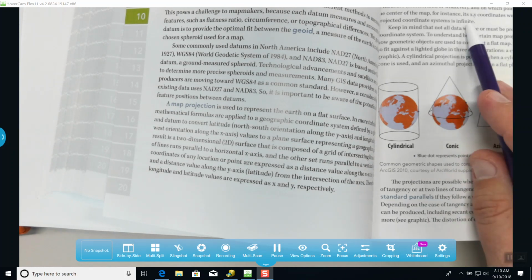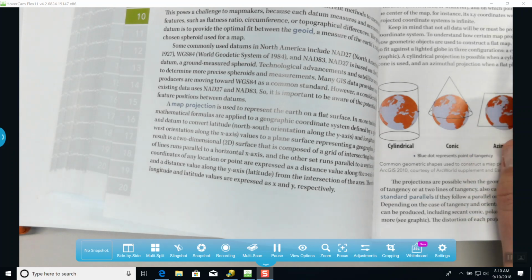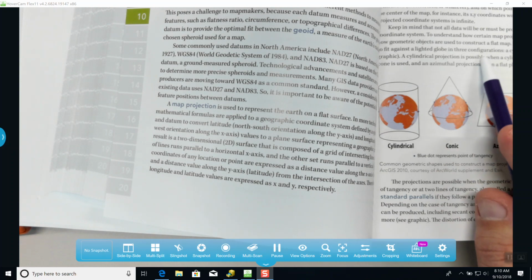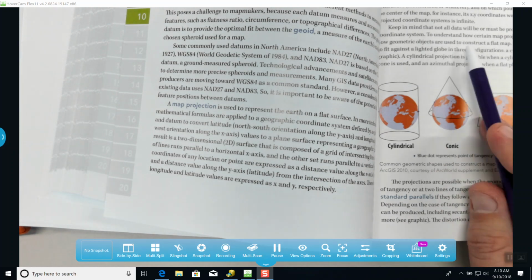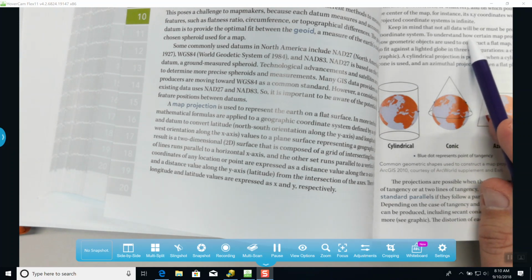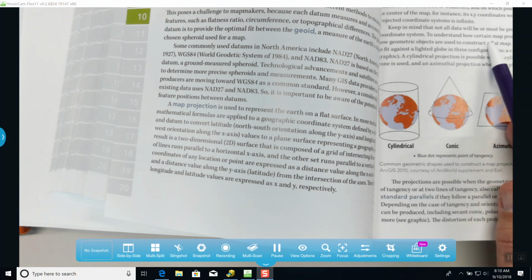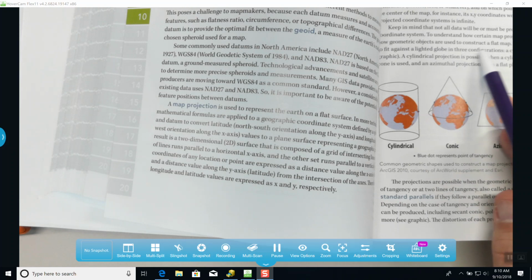If Cairo is made the center of the map, for example, its XY coordinates would be 0, 0. Thus, the number of possible projected coordinate systems is infinite. Keep in mind that not all data will or must be projected, but it must have a geographic coordinate system. To understand how certain map projections work, you also need to know how geometric objects are used to construct a